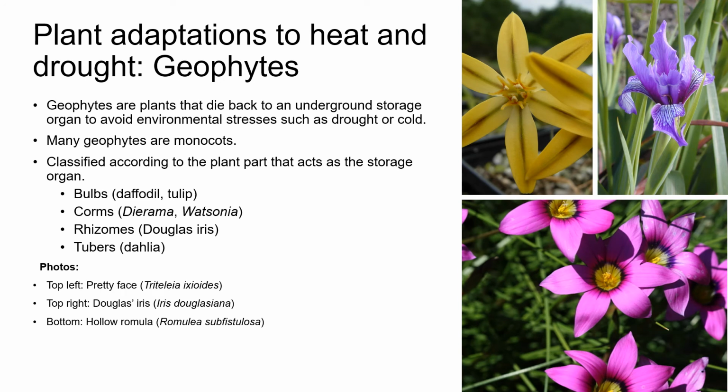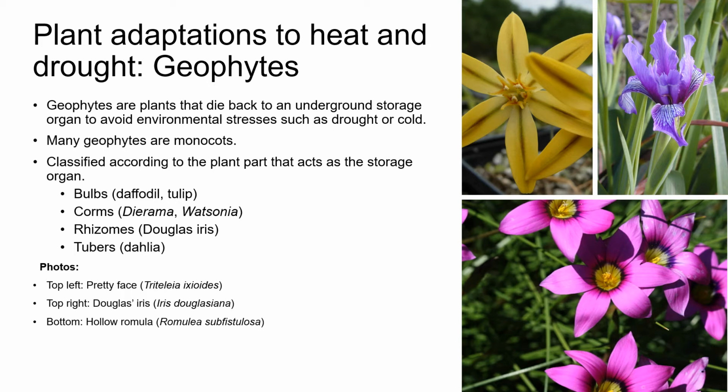Geophytes are plants that die back to an underground storage organ in order to avoid environmental stresses such as drought or cold. And geophytes can be classified according to the plant part that acts as the storage organ. So we have bulbs like daffodils and tulips and naked lady, corms like Dierama and Watsonia, which are both native to South Africa,